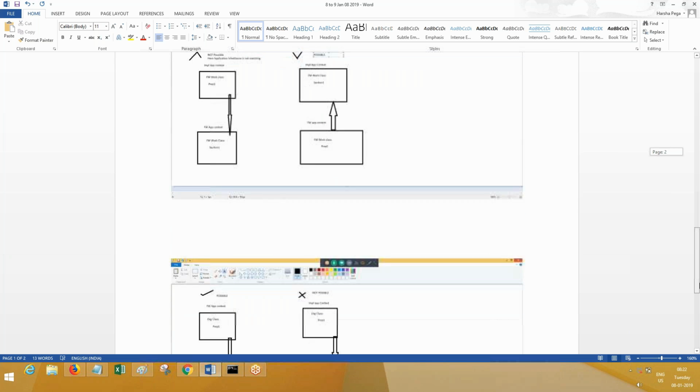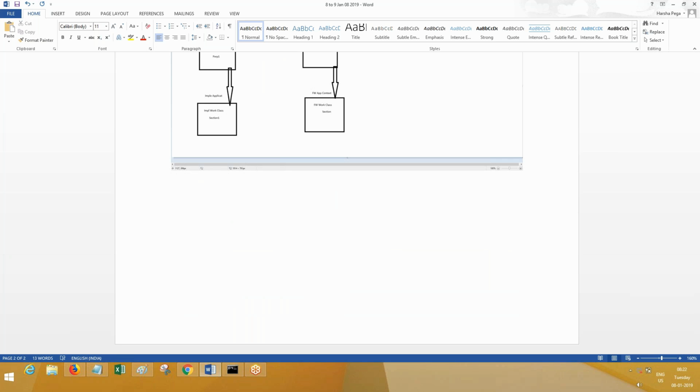Okay, let me write down here. Everyone clear with the diagrams? Now while creating roles, what is the first point? We can create roles in implementation class and implementation application context.